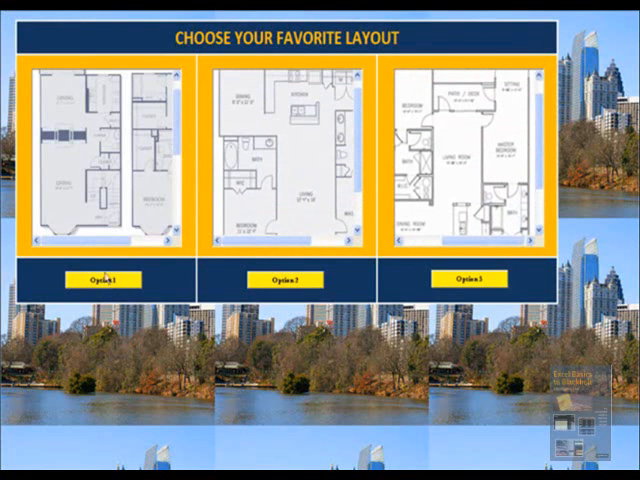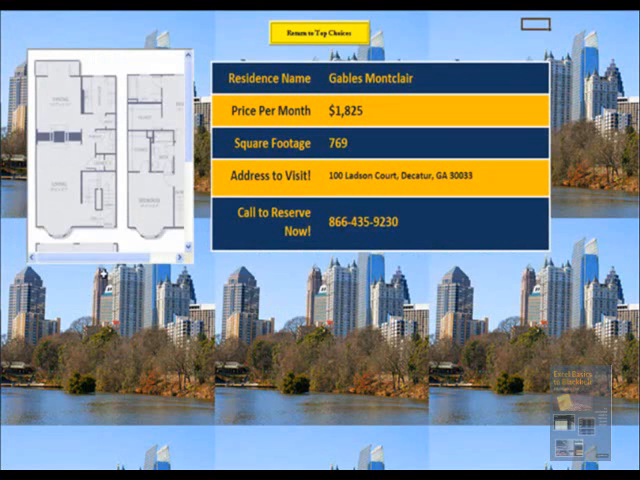So let's say they choose option 1, and we will then proceed to the summary page in which option 1's floor plan is displayed, in addition to a number of summary features, including the name of the complex it's located in, the price per month, the square footage, the address of the complex, and a phone number to call to